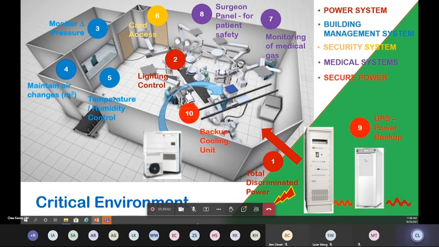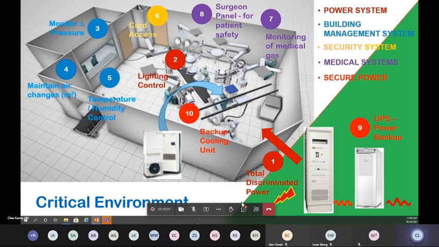All right, definitely secure power. Again, like I mentioned, operating theater cannot fail. So when we talk about that, we have to look at the UPS. When the main power or main utility fails, okay, the UPS will need to kick in for a period of time. All right, I think the requirement for the UPS has gone up from 30 minutes to an hour today because of the complex procedures that we are having, and even the complex equipment that is being provided there.